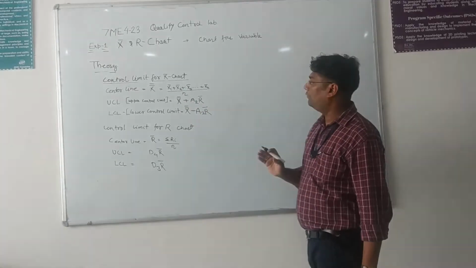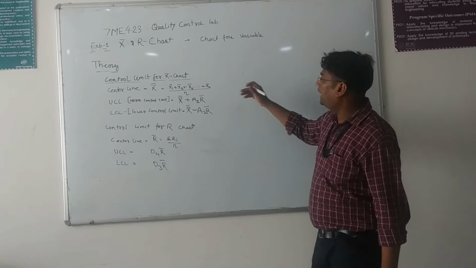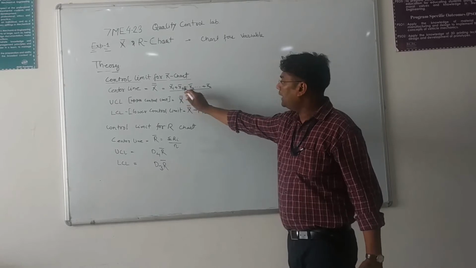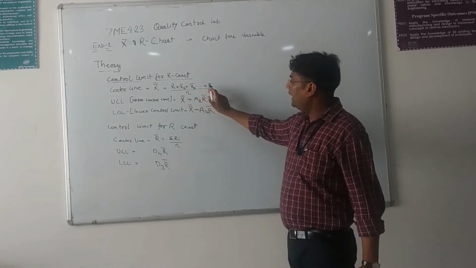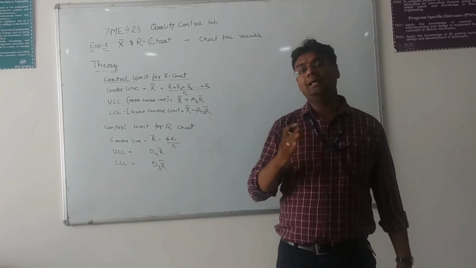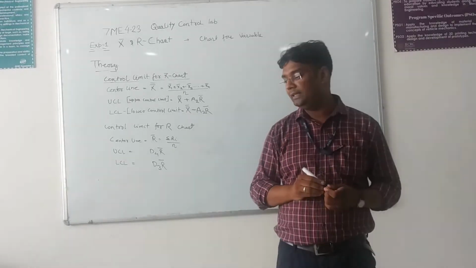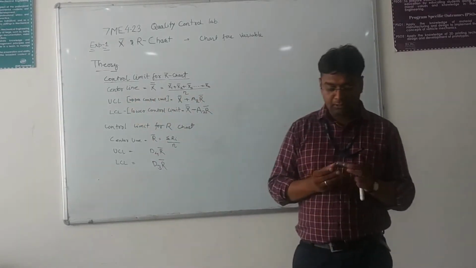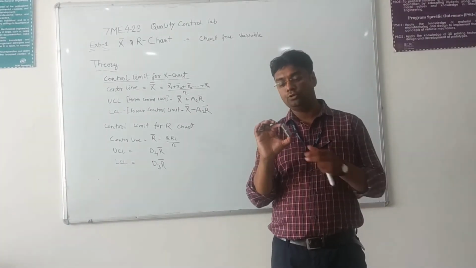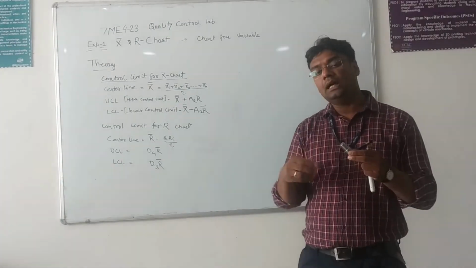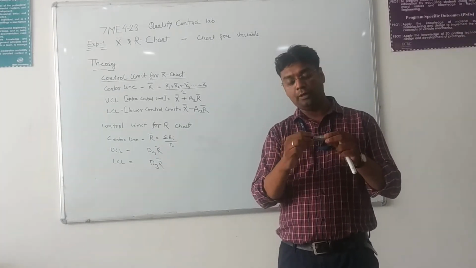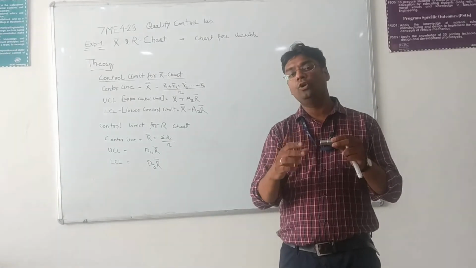So first of all, we take the readings of these x1 bar, x2 bar, x3 bar and xn bar. Suppose in any industry there is a continuous process of manufacturing. Suppose an object is being manufactured on a lathe machine. We have to find whether our process on the lathe machine, making this piece for a particular given diameter, is under control or out of control.